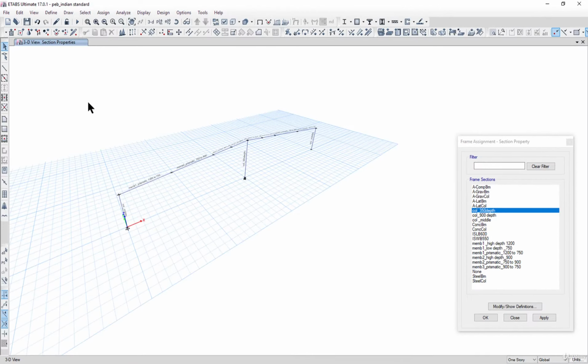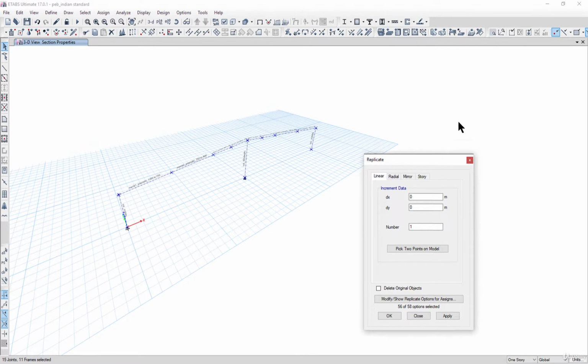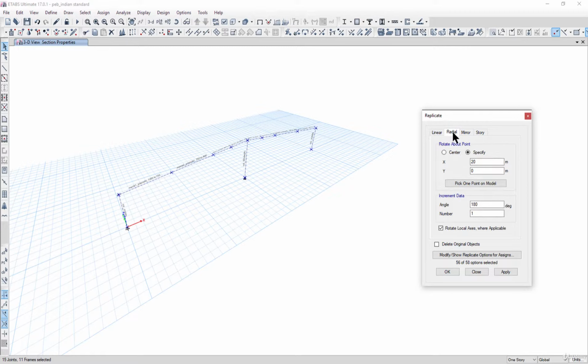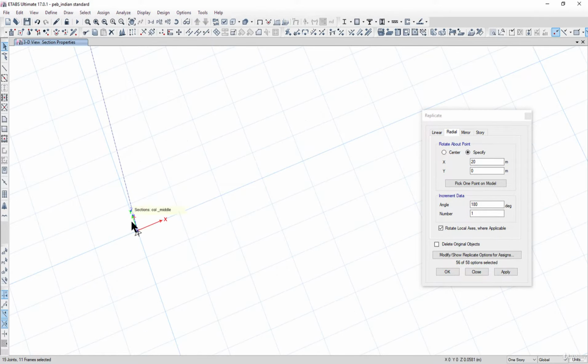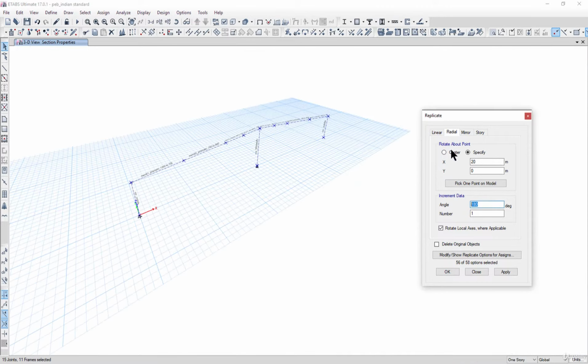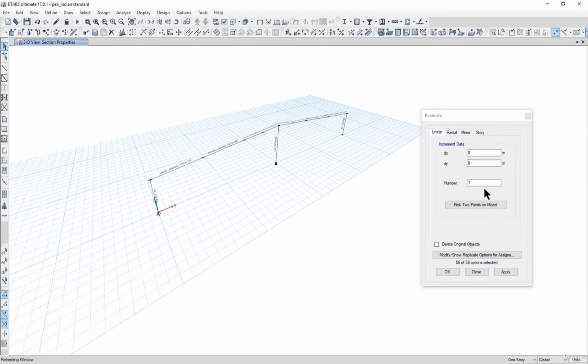So we can replicate all the arrangement, select all the beams and select all the joints, go to edit, replicate. We can close this window here, and we can click on radial, and here you can see that the axis is -y. So we can select linear here. Increment data has to be along y-axis only, and dy has to be